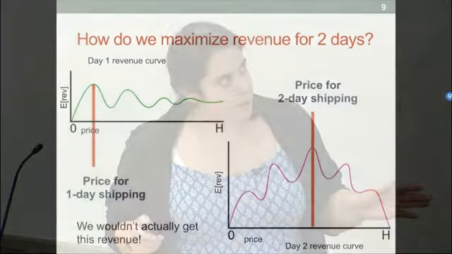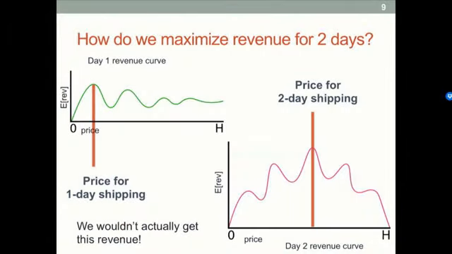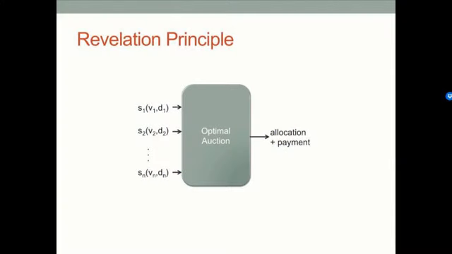So this was the setting we were in. And we need to reason about how to properly get revenue in this case. So a quick reminder for those of you who don't think about this all the time, what the revelation principle says is that if we have some optimal auction, this is our optimal auction, and bidders are taking their information, their value-deadline pairs, and applying some strategy to them to report something else to the auction, and then the auction has some allocation and payment rule.